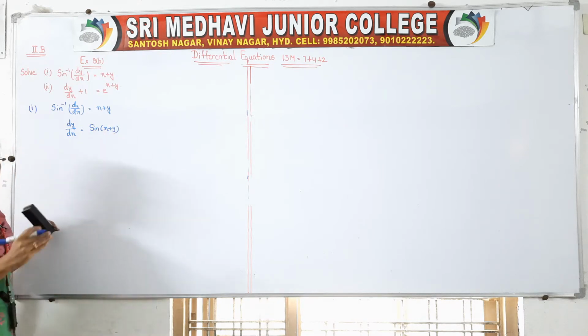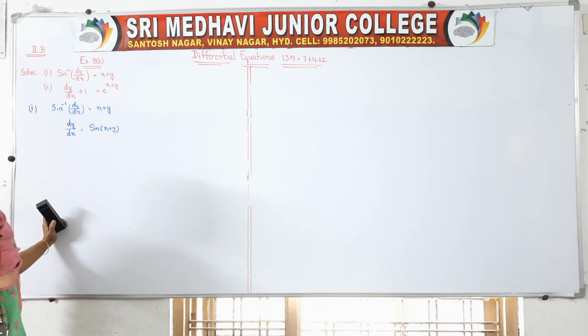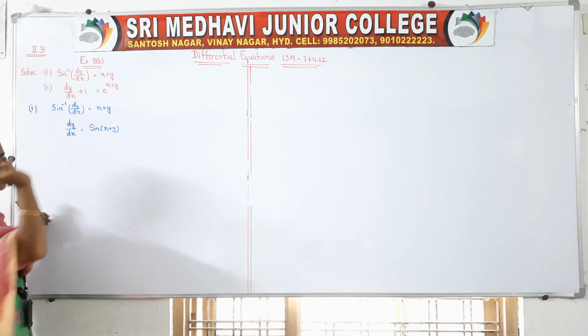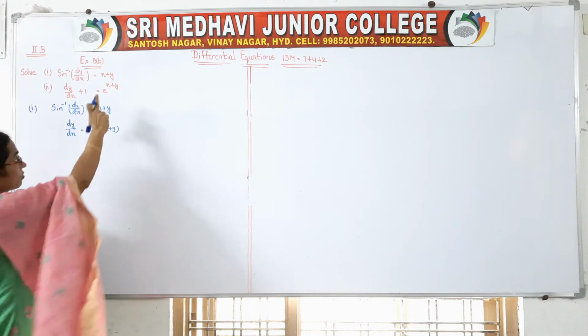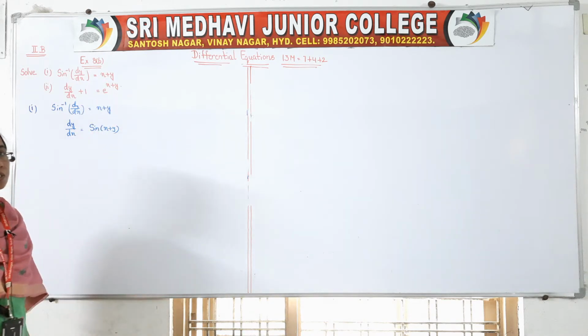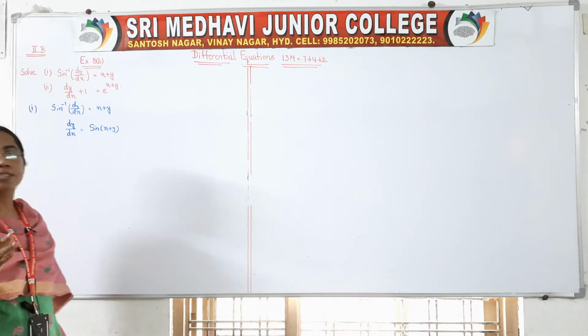So again x and y are inside the sine of the angle form, so we cannot separate it. So what do we have to do? Whenever in any problem you have sine of x plus y, tan of x plus y, e to the power of x plus y, right? In such cases, in variable separable method only I am saying, not in all other chapters, only in variable separable problems. Whenever we get sine of x plus y, tan of x plus y, e to the power of x plus y, like in the second question, that means we cannot easily separate them, isn't it?